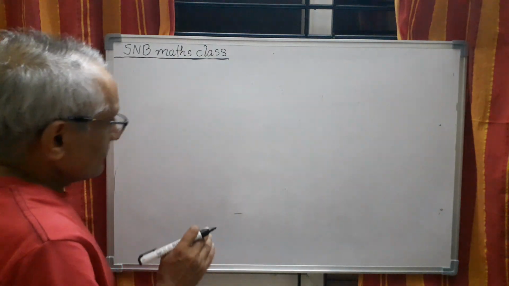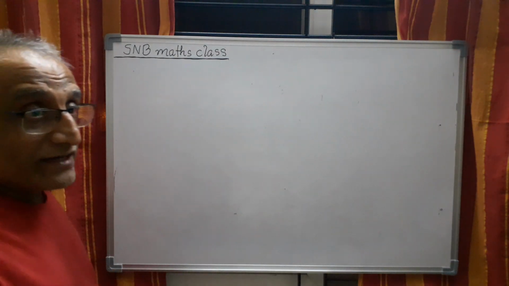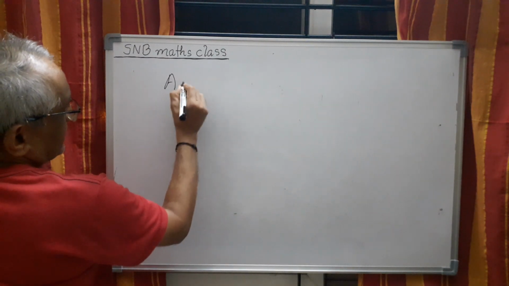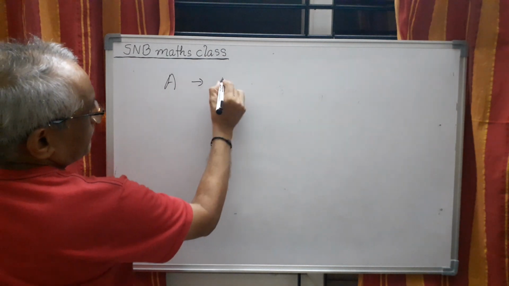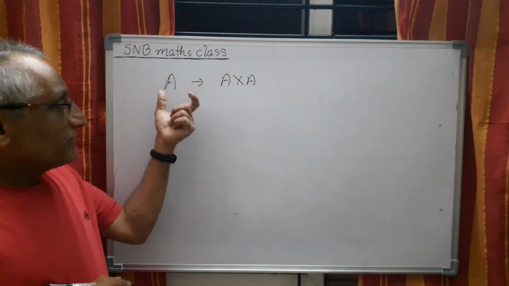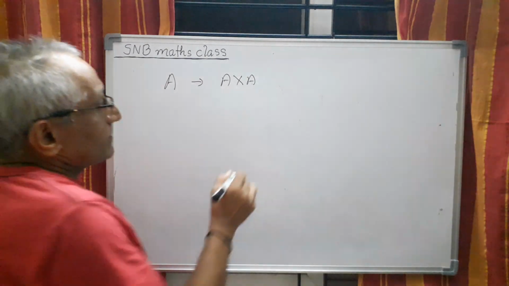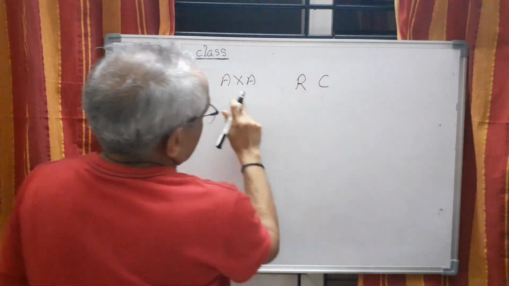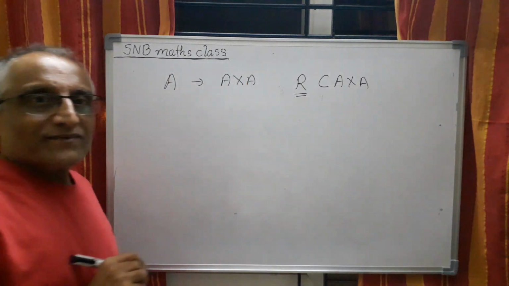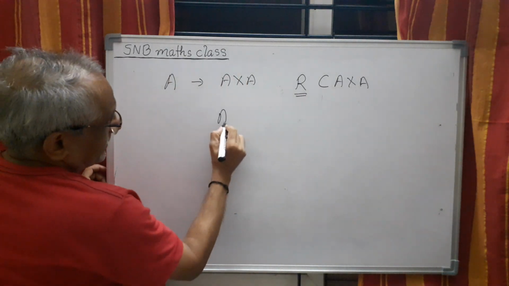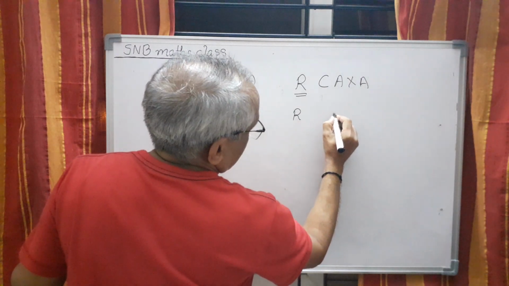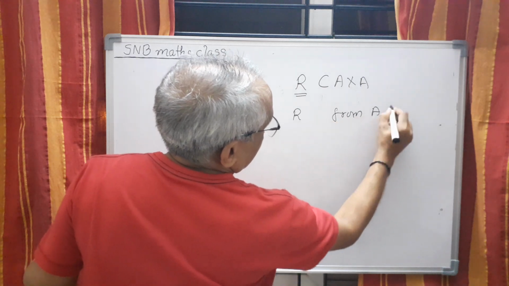Then we also studied one more concept which is very necessary for this year's study. You take any set A, then definitely we can make A cross A, that means the Cartesian product of A only with A. Now, if you take a subset of this A cross A, this is also a relation. But in the previous case, when you take A cross B, we call R a relation from A to B.